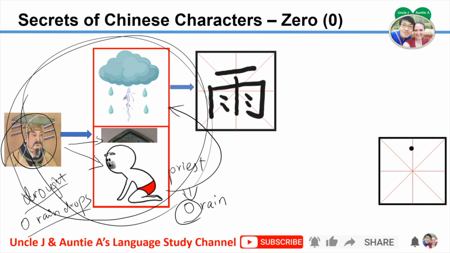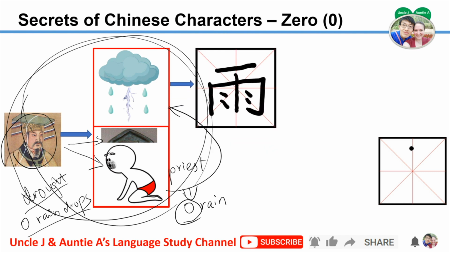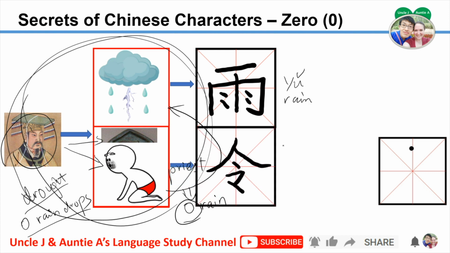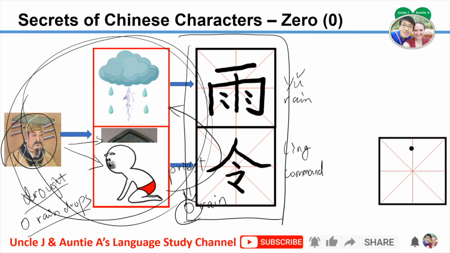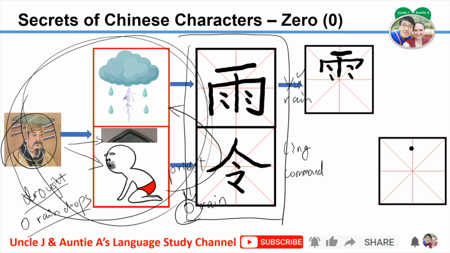As we learned, on the top is rain, 雨, and on the bottom is 令. 令 is command, and this means 0. These two characters together means 0. But as we know, if we put them together like this, obviously it's not a boxy shape. It's too long. It's not a cubic shape. But fortunately, we learned that this top part, 雨, can be used as a radical. So we will squeeze it down